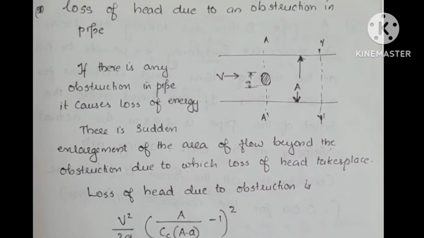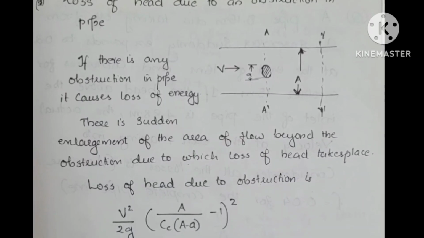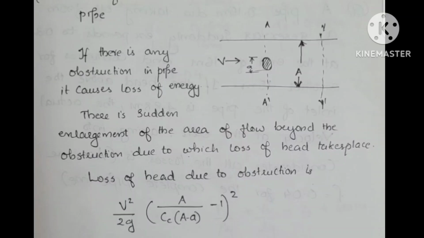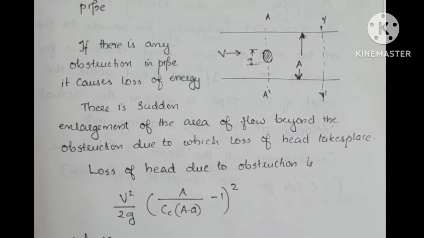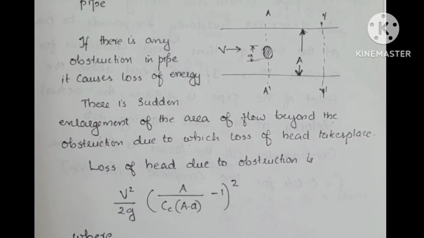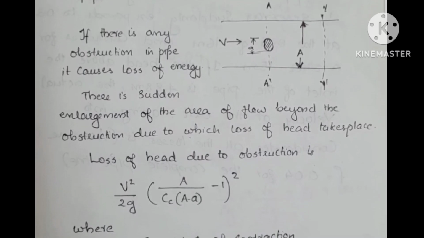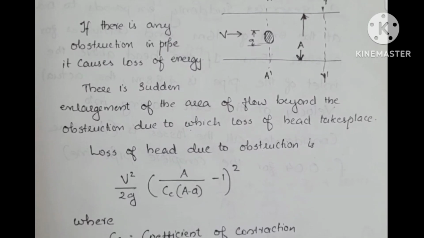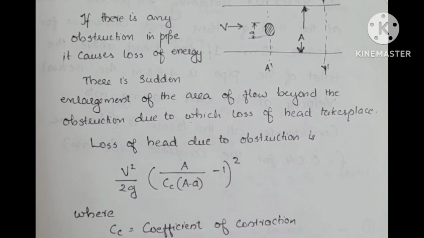Next one is the loss of head due to an obstruction in pipe. If there is any obstruction in pipe, it causes loss of energy, and there is sudden enlargement of area of flow beyond the obstruction, due to which loss of head takes place. And loss of head due to obstruction is given by V square by 2g into (A by Cc into (A minus a) minus 1) the whole square,